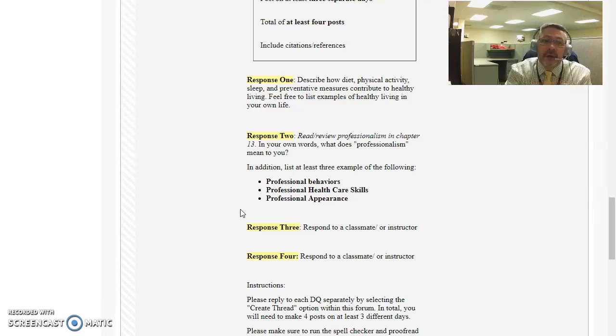So take those 4 things and tell me how diet affects you, how you incorporate that or you don't incorporate it. Physical activity, sleep, and preventive measures. So I want you to tell me how they contribute to a healthy lifestyle, and then tell me how you personally incorporate or don't incorporate it into your life. And then the second response,